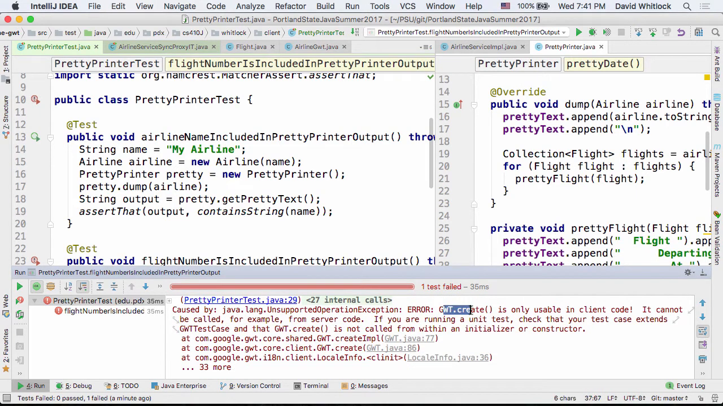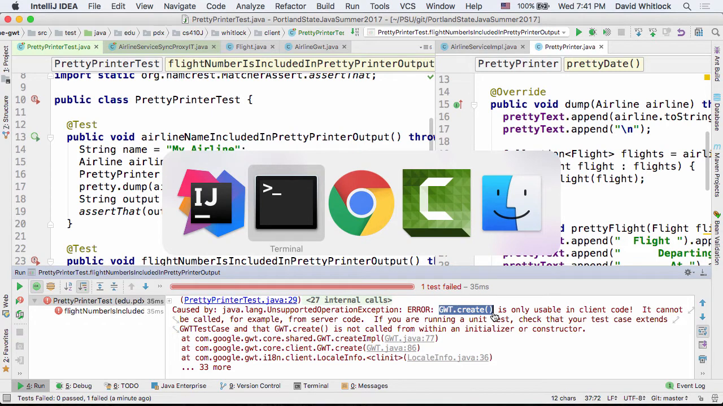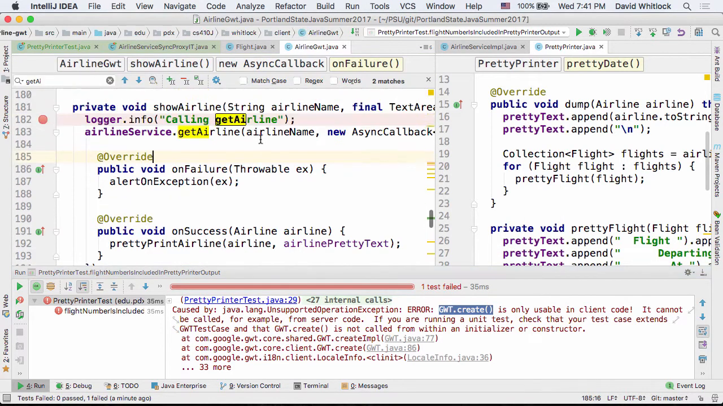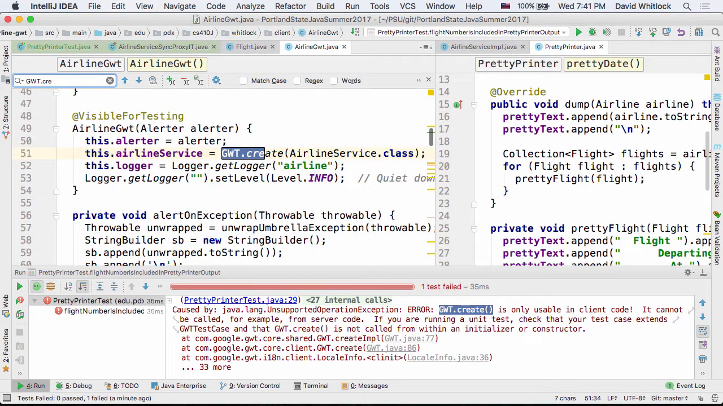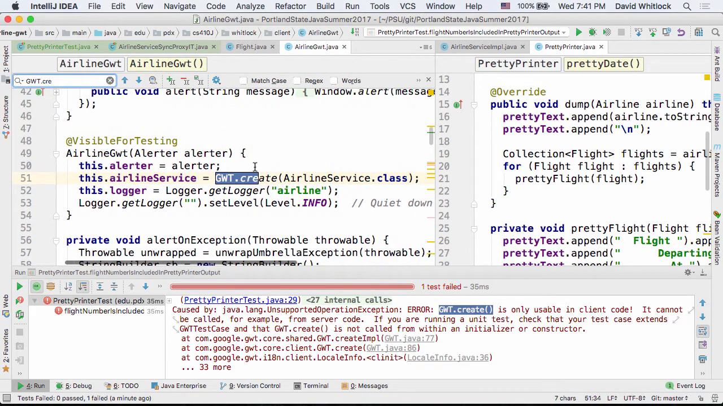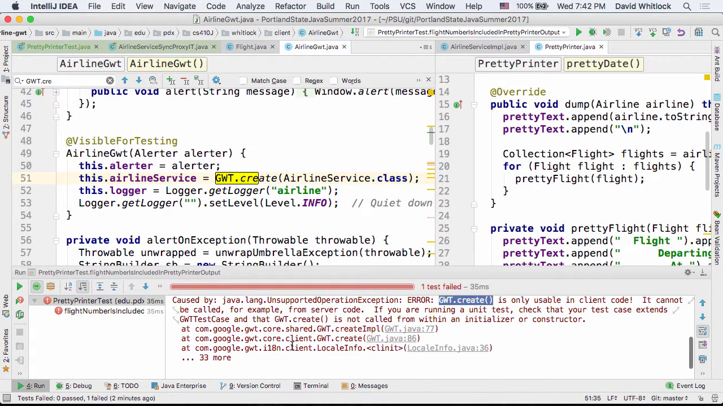So I glossed over this very briefly. There is this magical method called GWT Create, and it's actually magic. It's like how GWT works. You use it in things like when you create your service. This is a method that the JavaScript version handles all of the magic to take an airline service class and turn it into an airline service async and stuff like that. It's kind of all magical, and it's used internally in stuff like the